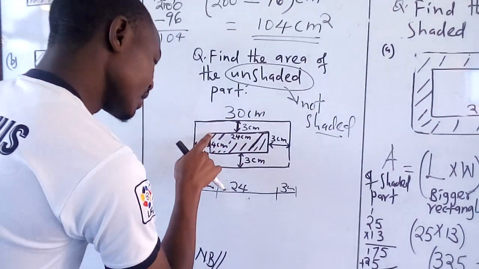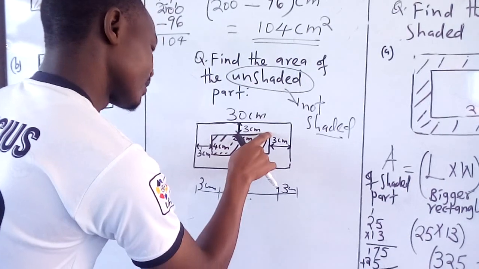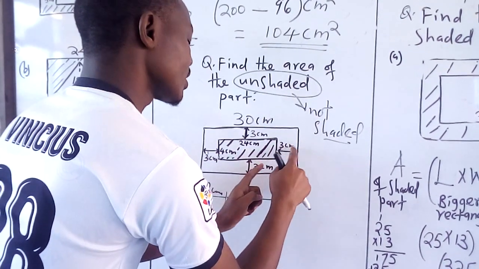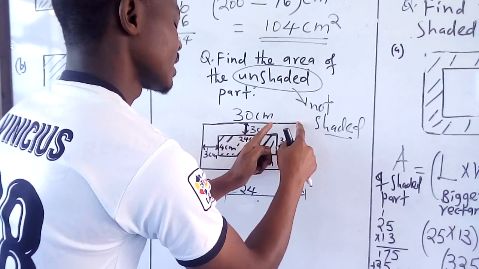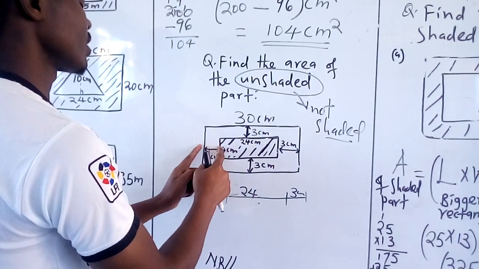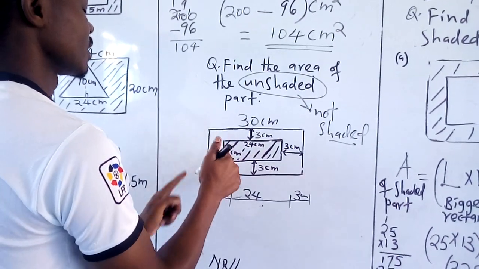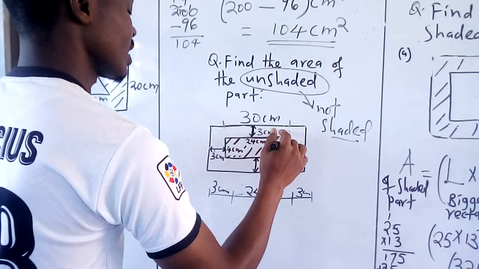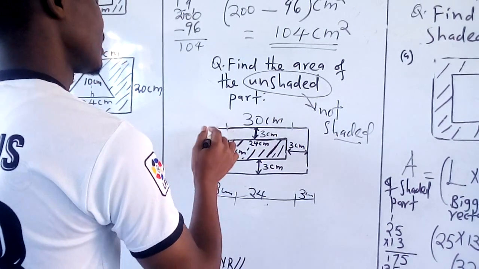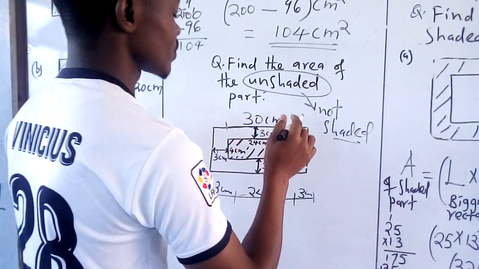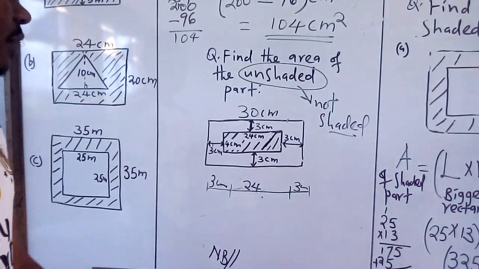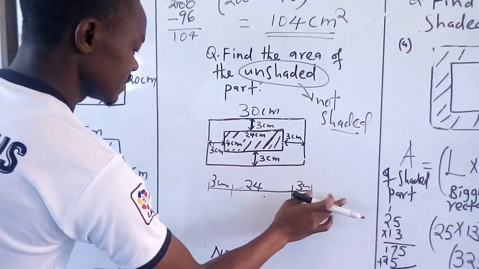Remember, we were only given the inner length, and we've been given again from here to here. So from here to here is the same as from here to here. That is why we are saying you add 3 to 24 to this other 3, because from here to here is the same as from here to here. If you just assume that from here to here is 24, then from here to here is the same, 3, 3. So 3 plus 24 plus 3, you get 30. That is how we add and get the length. Now the length of the bigger one is 30.